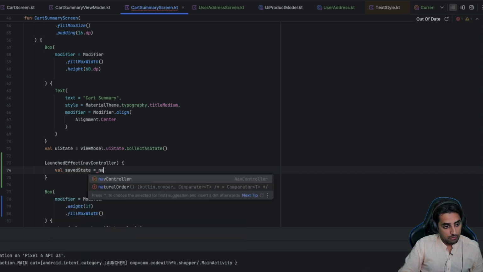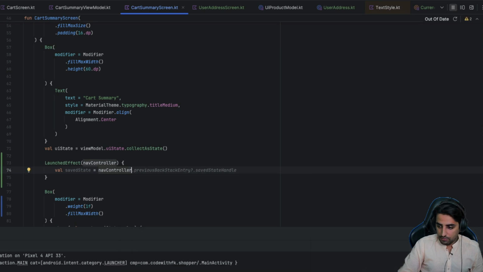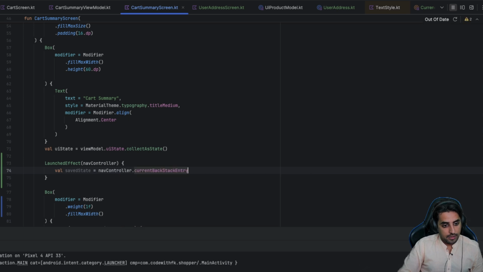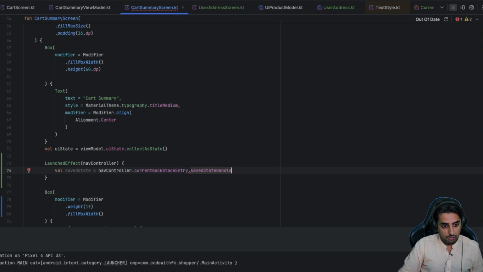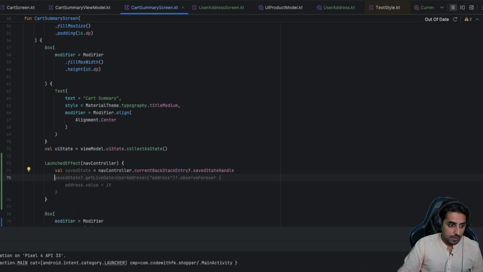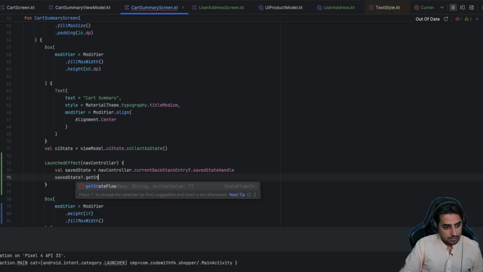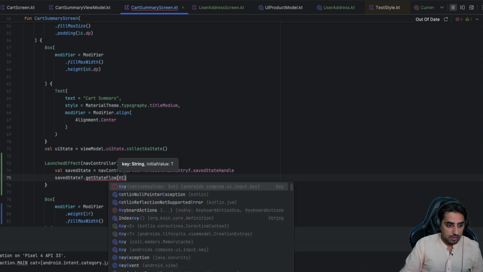So now we'll go nav controller dot current backstack entry, that is basically the backstack entry, and then from there we'll access the save state that we are supposed to fill in. Then we will call save state dot get state flow, and this is going to be that key that we defined,